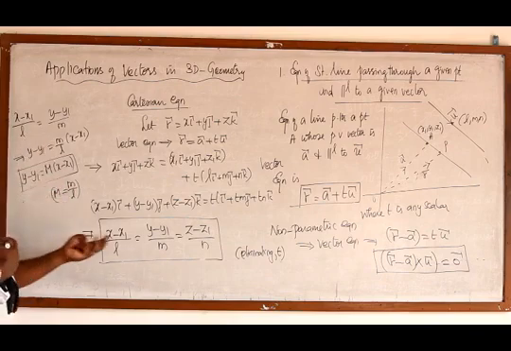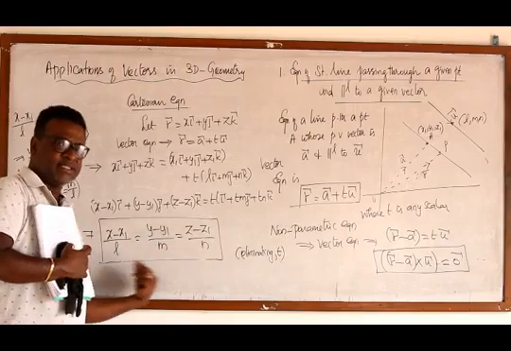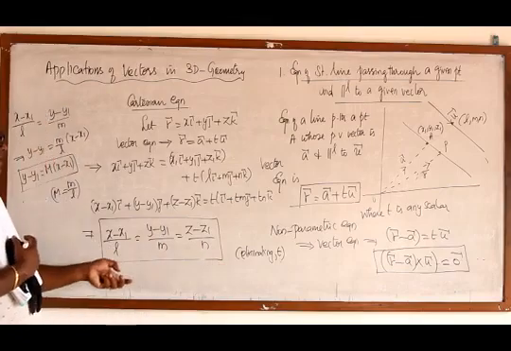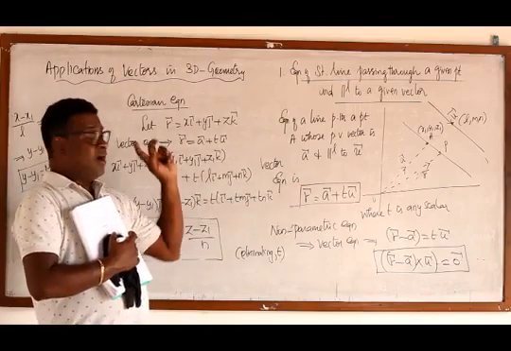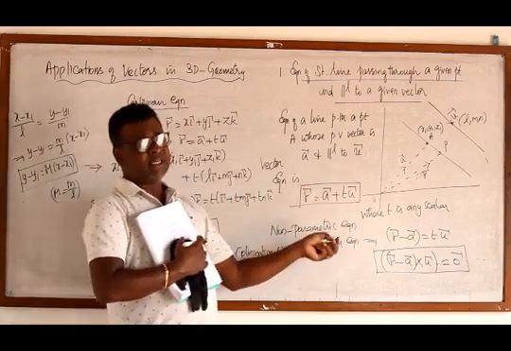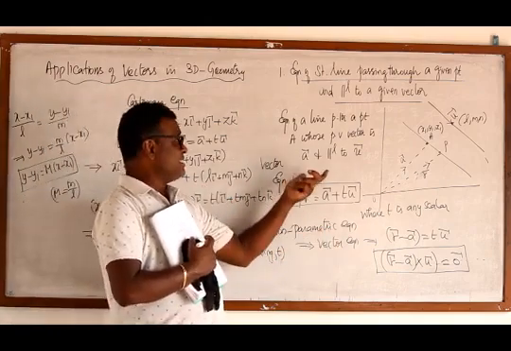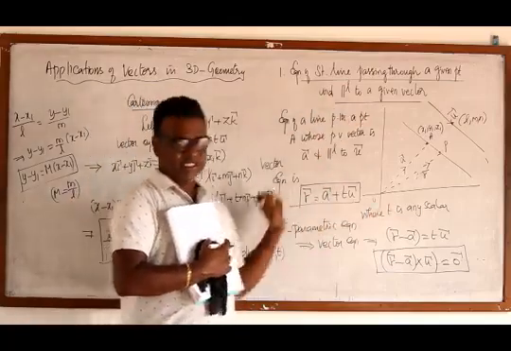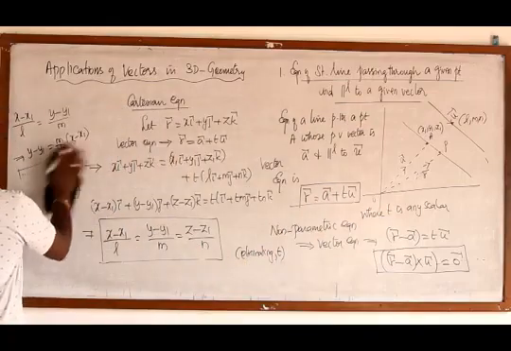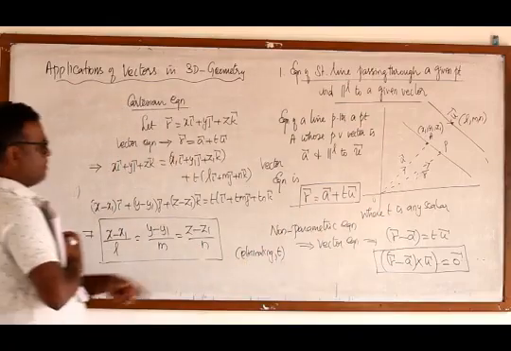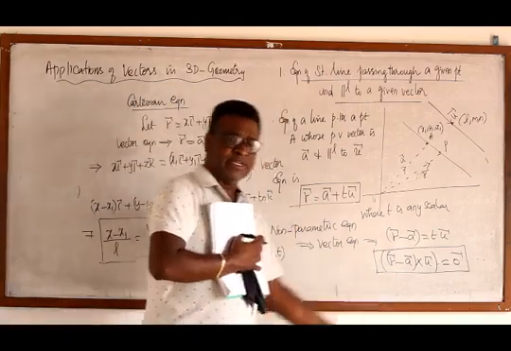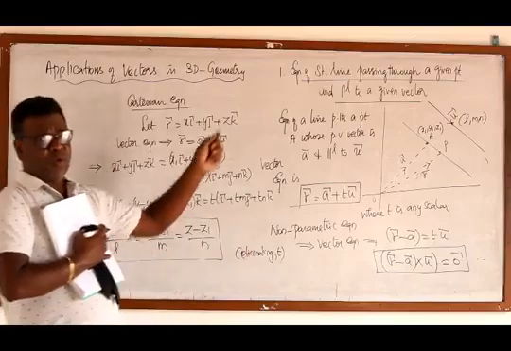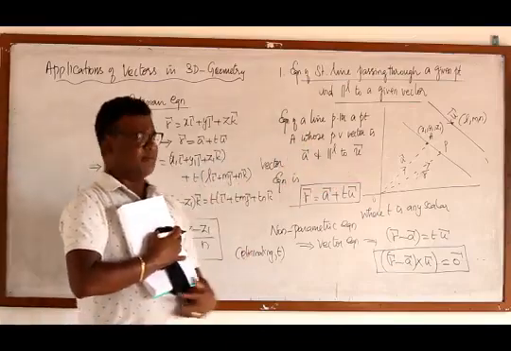There only 2 variables are involved. Since there are 3 variables involved here, this is the equation of a straight line in Cartesian form in 3 dimensions. Hence we study all the vector formats, all the vector equations in 3D. Vectors are very useful to study any geometric things in 3 dimensions. So this is what we are going to study. This is the vector equation, non-parametric equation, and also Cartesian equation of a straight line in 3D, if I have one point and one parallel vector.